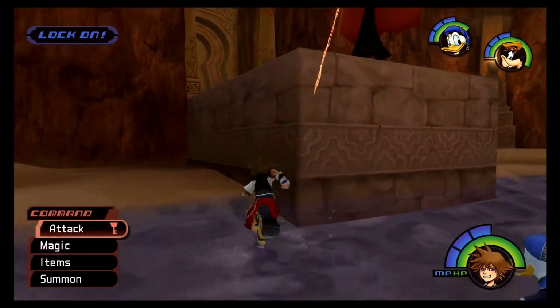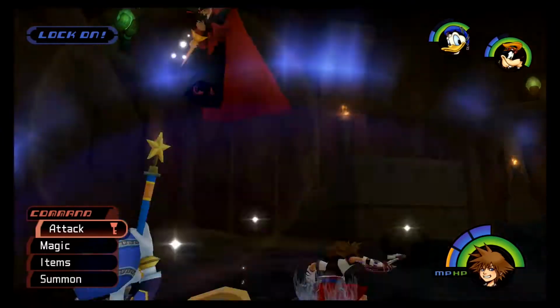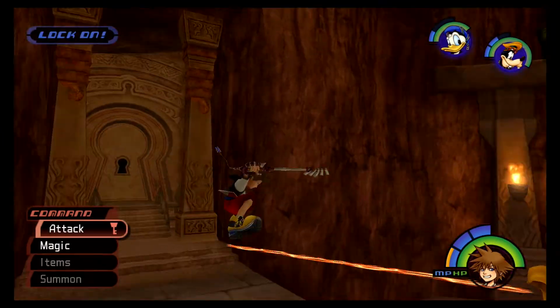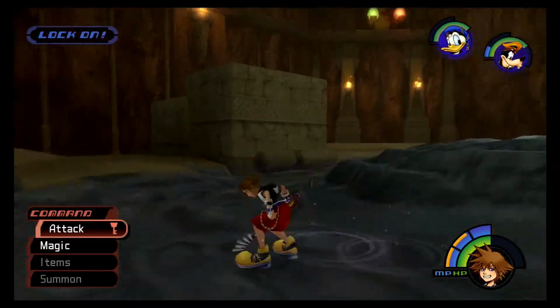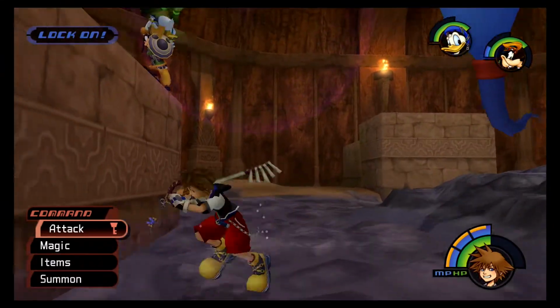I like to think Jafar doing that little twirl with his staff at the very start of this boss fight basically is him turning on the jukebox ready for the theme. But anyway, this Jafar boss fight is actually extremely easy. I'm failing to show that right now because I'm being an idiot, but your biggest disadvantage is really just simply